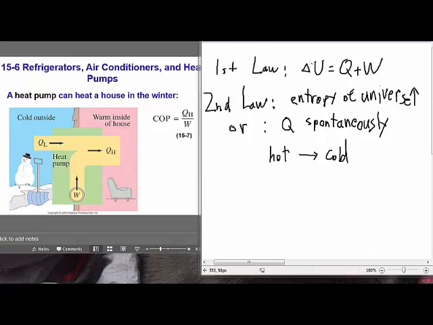So the first law is that energy is conserved, or change in internal energy is heat plus work. Well, here's your Q movement, here's your W movement, your work, and that equals the change of internal energy inside the house. So we follow the first law, and then the second law of thermodynamics says that the entropy of the universe